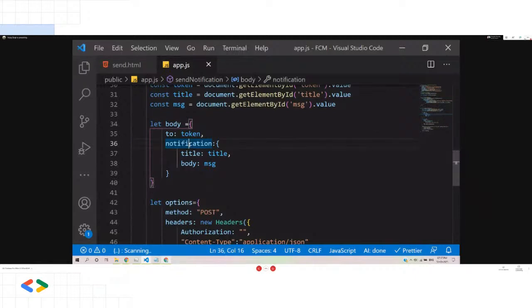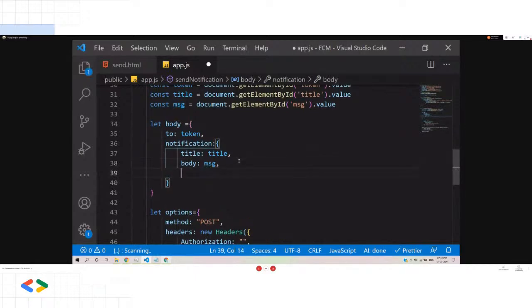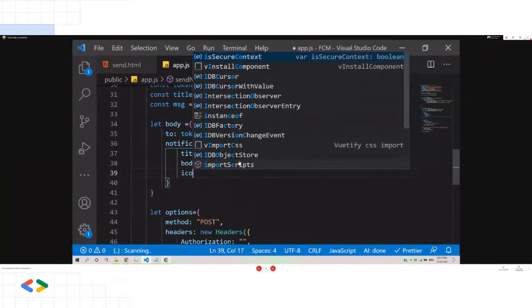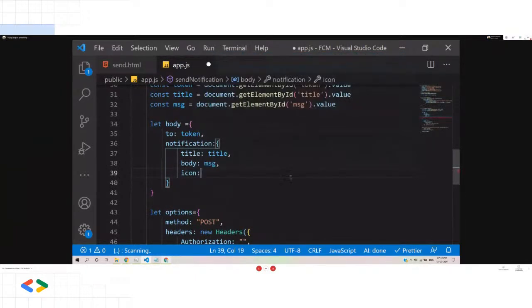Here you can pass the notification, and then you can also mention things like the icon. So maybe you can create icons for the push notifications, and there is one more action for the click. Like there will be a button on the notification, so once the user clicks on the notification, you can redirect